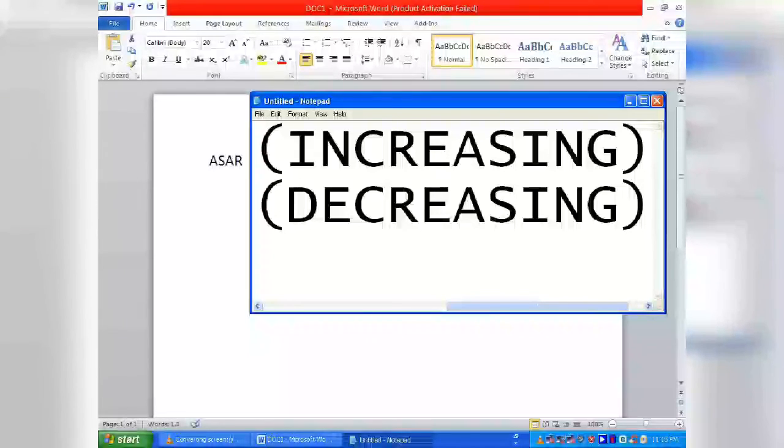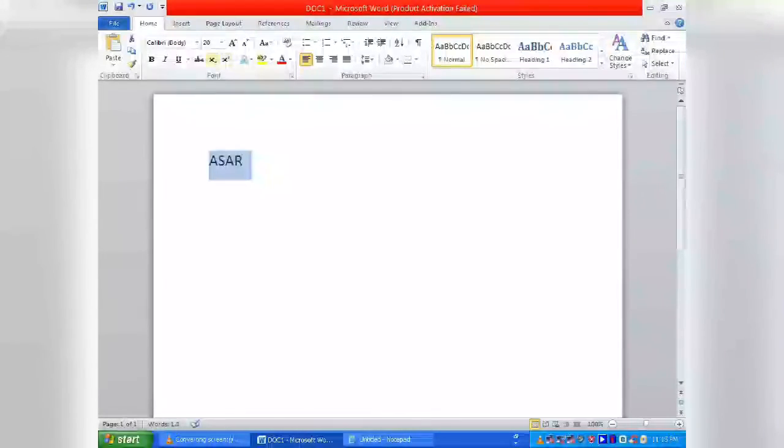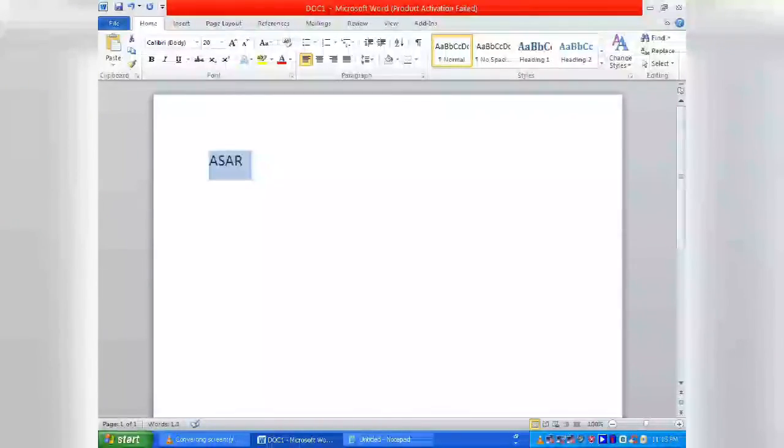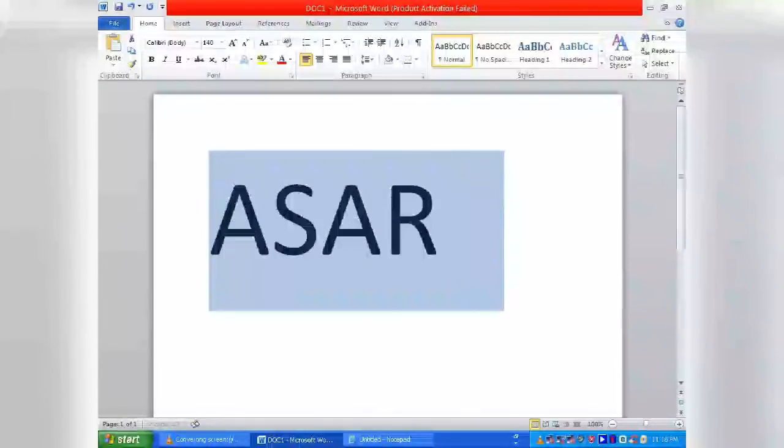It depends on you. If your mouse is not working, then you can also do it with the keyboard. So these are the best things. Now the font style. What style do you want to keep? I'm changing the font style. See, I have changed the style. First I have to increase that. I'm increasing it. Now see, now you can understand it clearly.